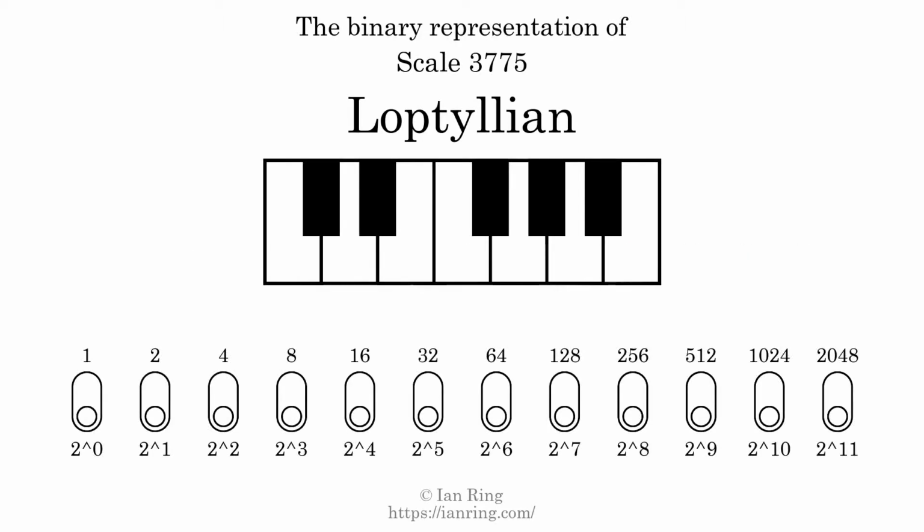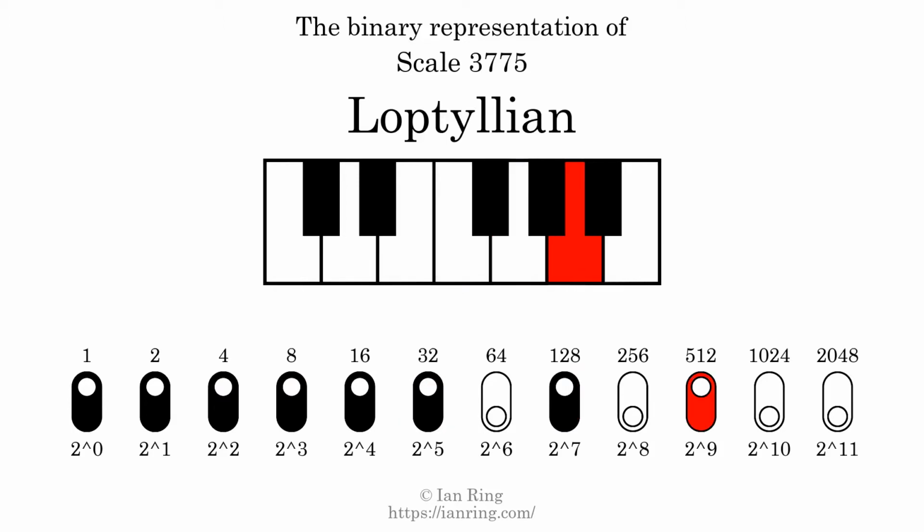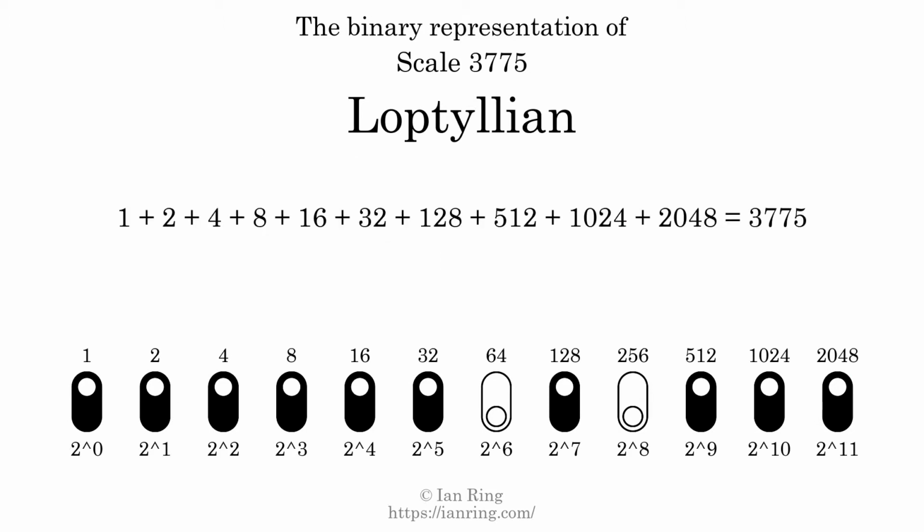The binary representation of this scale is determined by mapping tones of the scale to binary digits. Each binary digit represents a power of 2. To get the scale number, we add the powers of 2 together. The powers of 2 that are present in the scale, all added together, equals 3775. That is why the scale number, in decimal, is